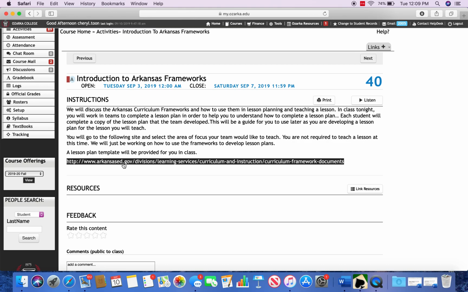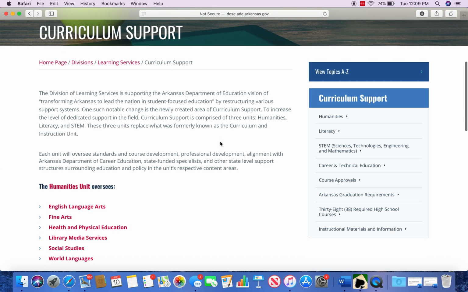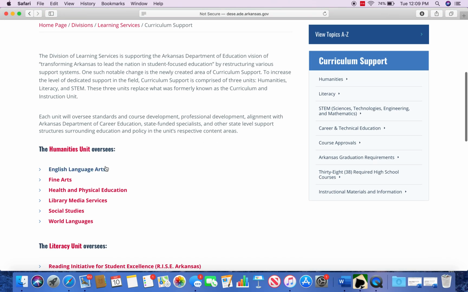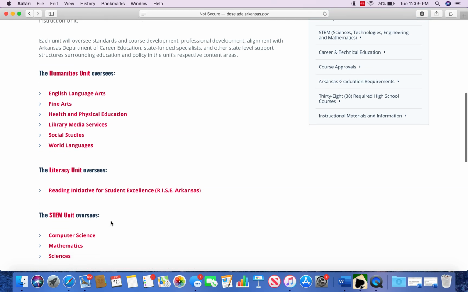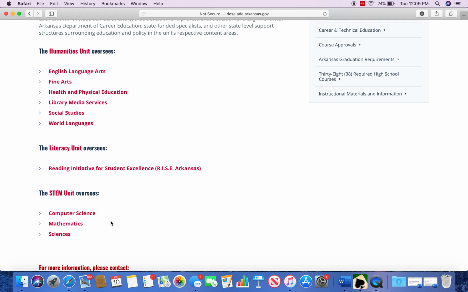If you click on that, it will open to the Arkansas Department of Education page, and you will see that the subjects are listed at the bottom on the left side. In our class the other night, we discussed as a whole group the English language arts, but you'll see there's fine arts, health and phys ed, library and media services, social studies, world languages. There's even the unit for literacy overseas,